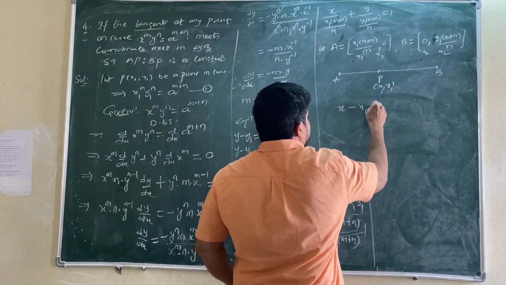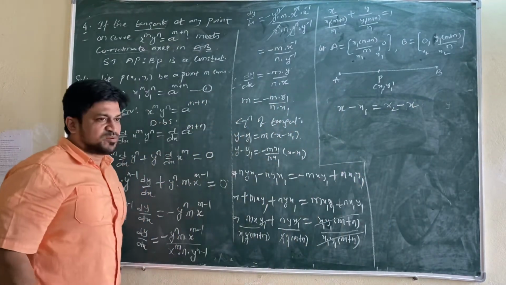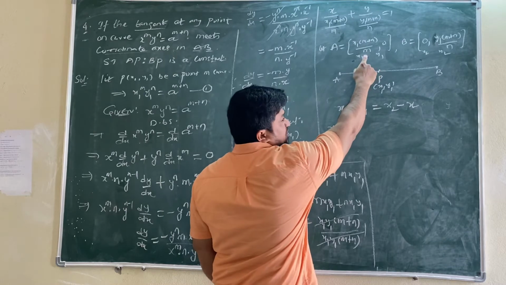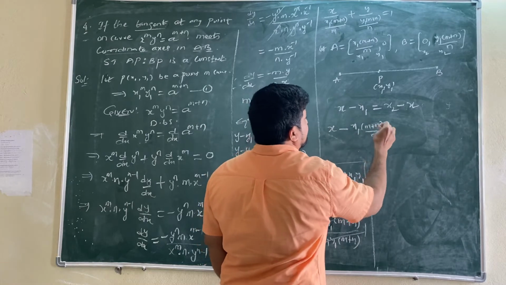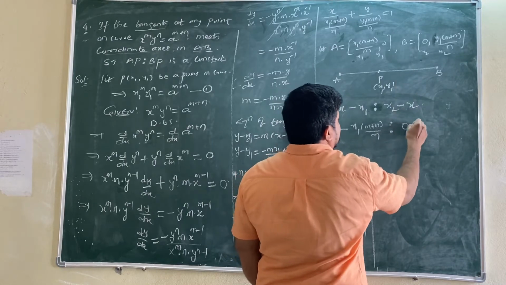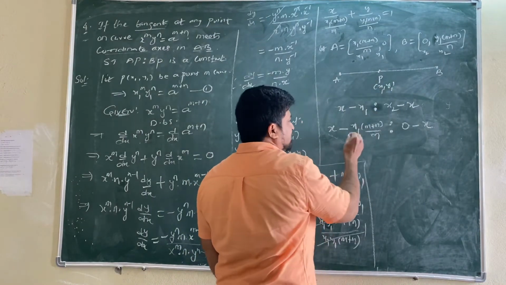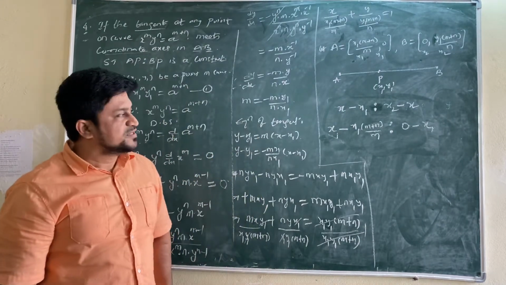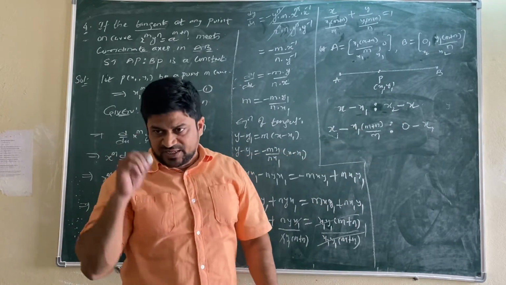X minus x1 is x2 minus x. In this formula what you have to do is, first you can write x minus x1 from this question. What is that x1? x1 into m plus n by n is to x2. x2 is 0 minus x. Now at the end, because we are using p as xy or x1, y1, so this one becomes x1 itself. In that way you can remember x1, x2 from a and b. After writing that, wherever x you find, make it x1.